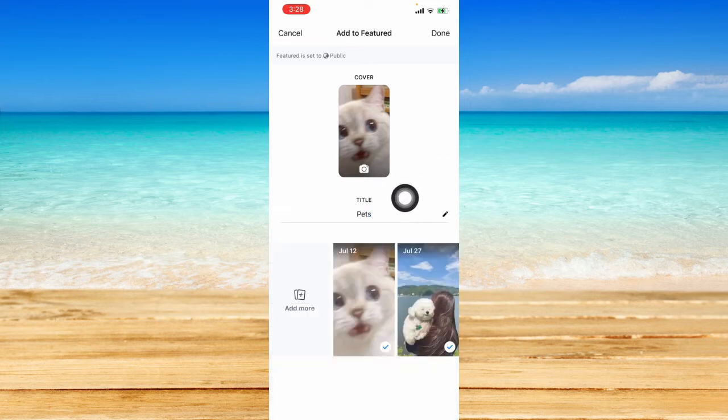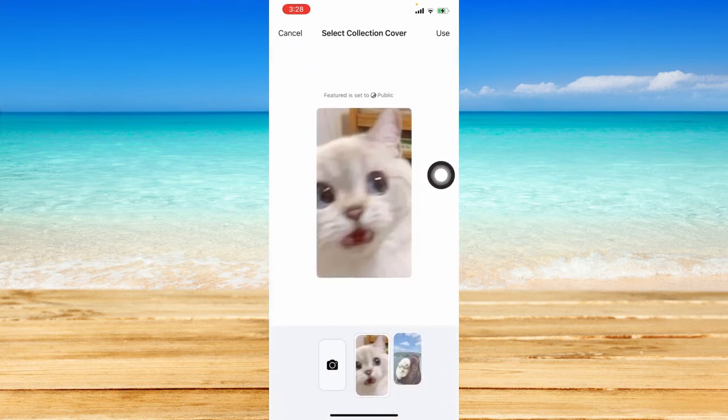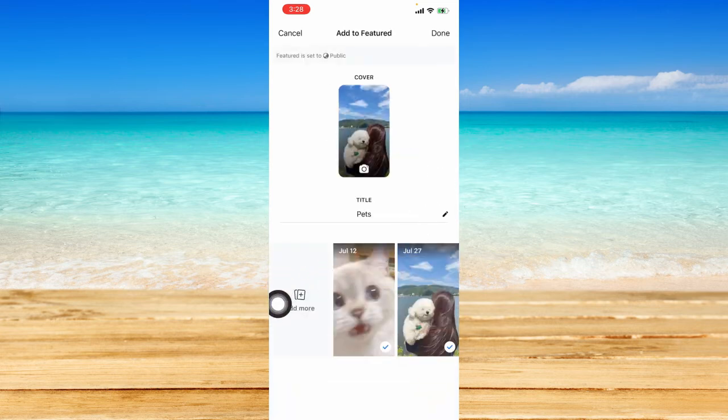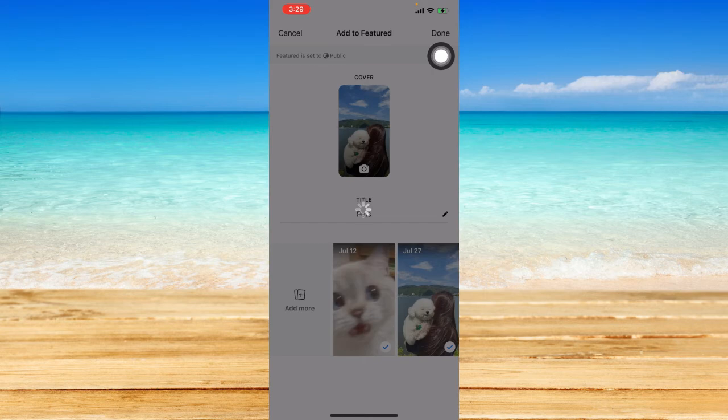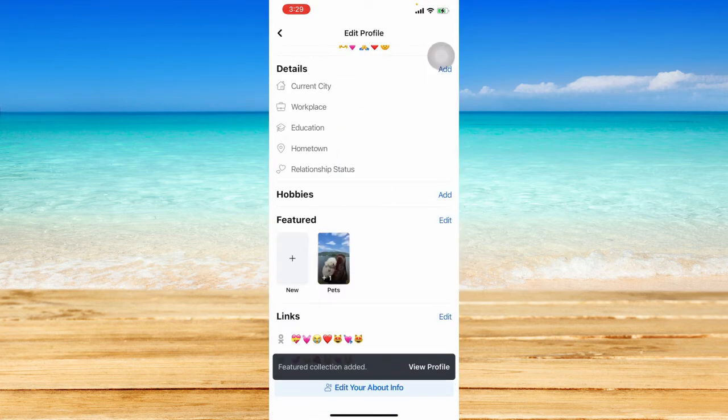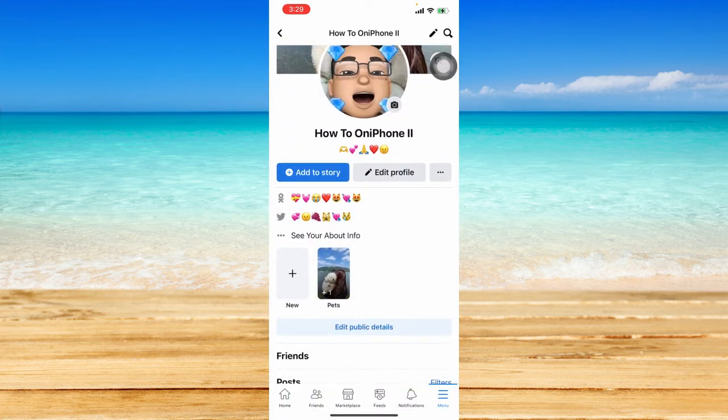example, and you can also change the cover by clicking on this camera icon. I want to set that, and you can also have the option to add more. Just click on done once you have set that all up and wait for it to load. And it should say featured collection added, and once we go back to our profile, you should see the section